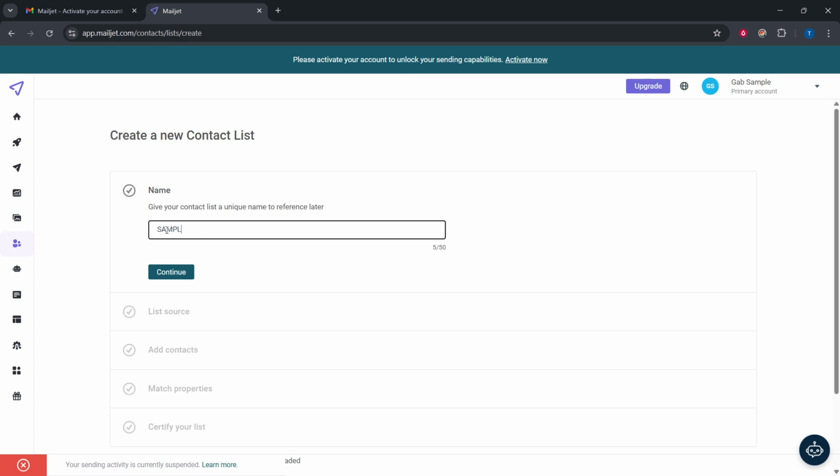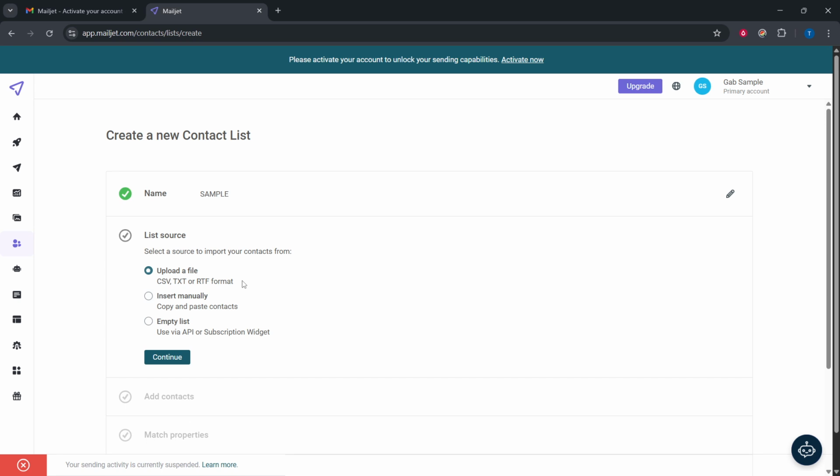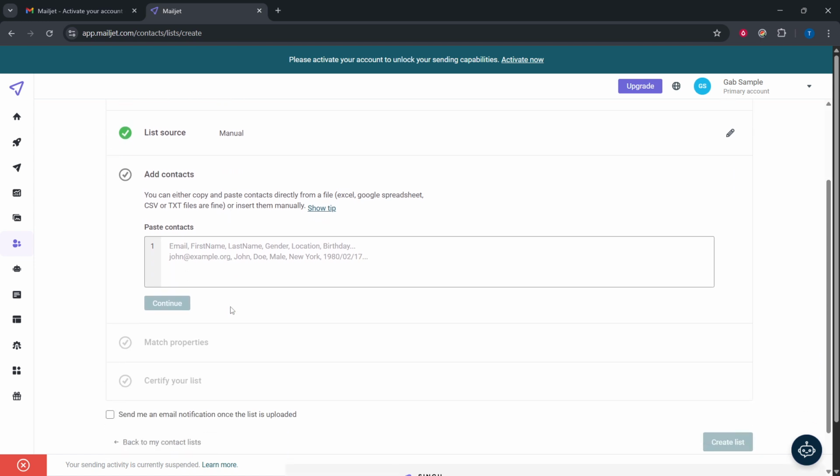Now you'll decide how to populate the list. You have 3 choices. You can upload a file in CSV, TXT, or RTF format, which is ideal if you're moving contacts from another tool or spreadsheet. Make sure your file is cleanly formatted, with 1 contact per row and clear column headers like email and first name. You can paste contacts manually, which works well for smaller batches you already have on hand. Or, you can create an empty list if you plan to add contacts later, either one by one or automatically